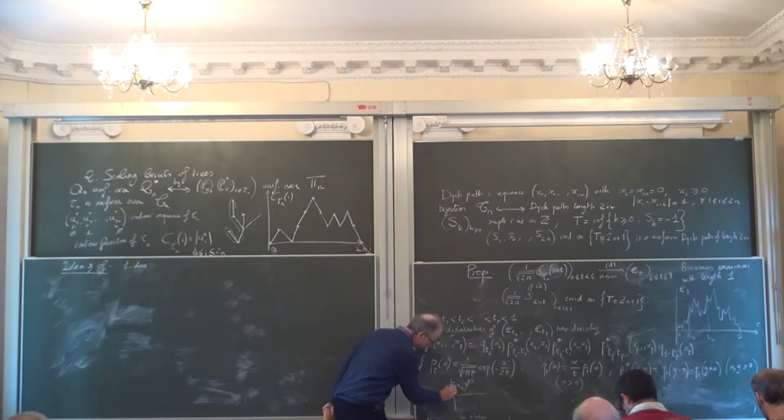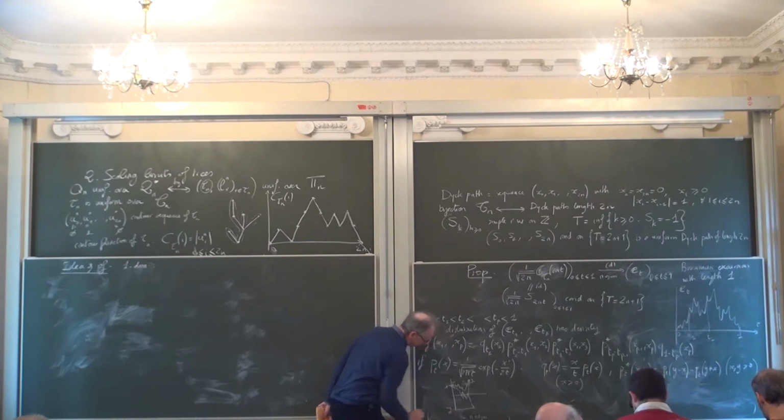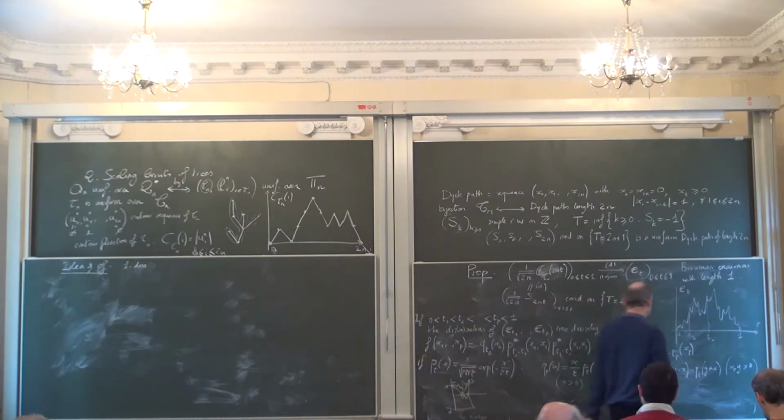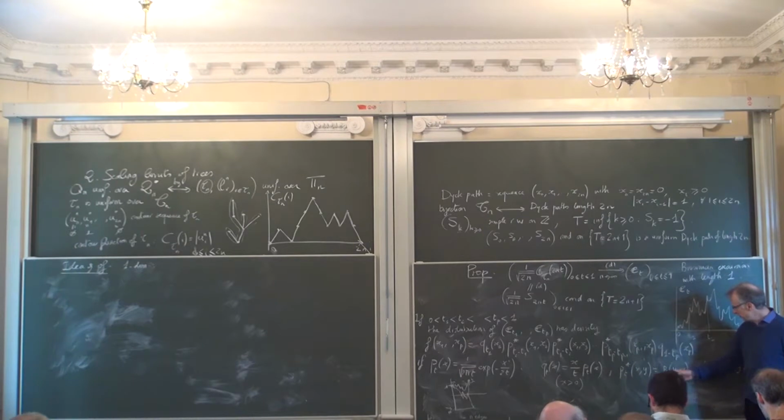And you look at the probabilities that it does that, but with hitting 0. But if it hits 0, you just use a kind of reflection here. This will be the same as the probability that you go to minus y. Basically, I don't know if my explanation is clear, but this is the probability that you go from x to y without any constraint. This is the probability that you go from x to y, but after hitting 0. And you don't want that, so you subtract it. Okay. Clear? Okay.